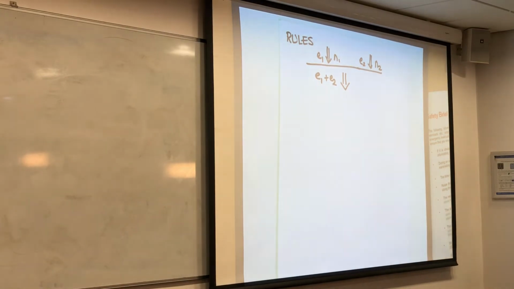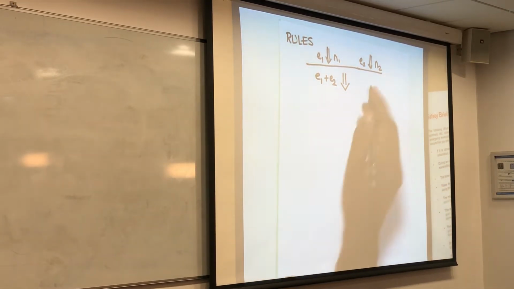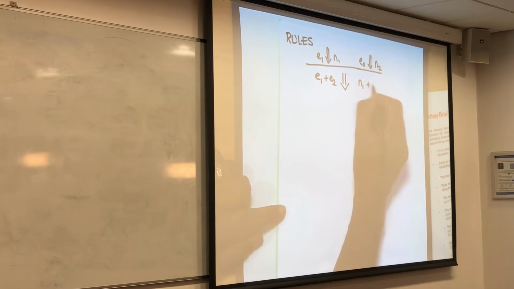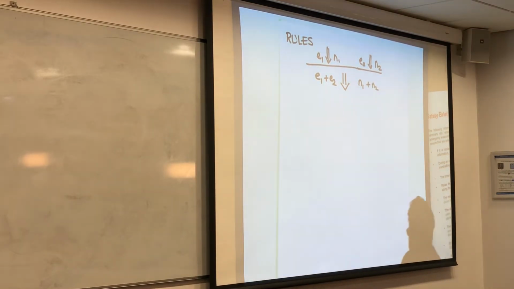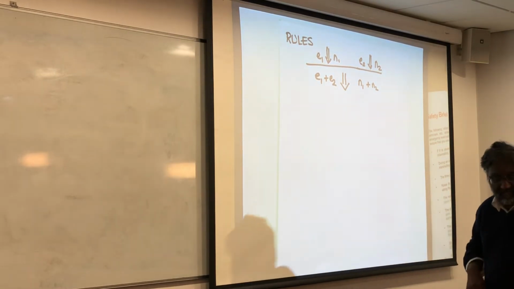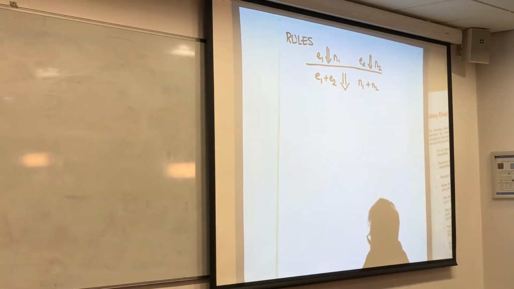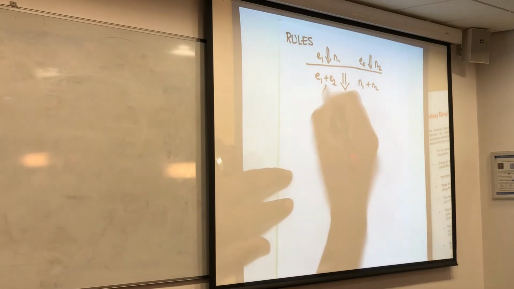So we process the subtrees, we work on the fragments of the program, the components of the program, and then we can work out what the overall answer is. If E1 evaluates to N1 and E2 evaluates to N2, then overall E1 plus E2 should evaluate to N1 plus N2. It's pretty obvious. I'm sure you could have guessed that. I guess I should make the point that